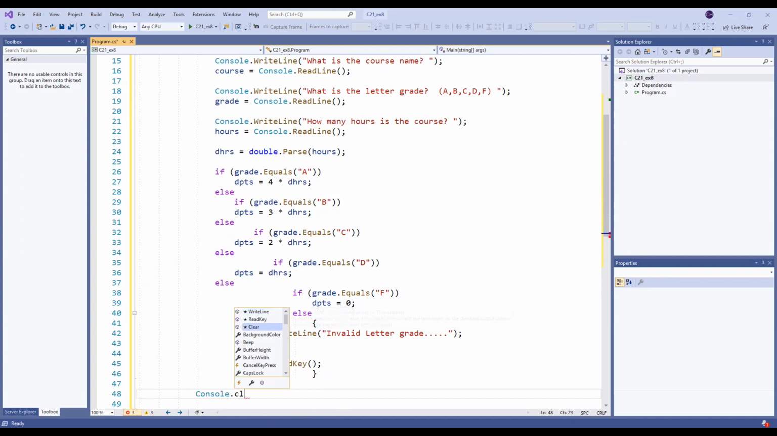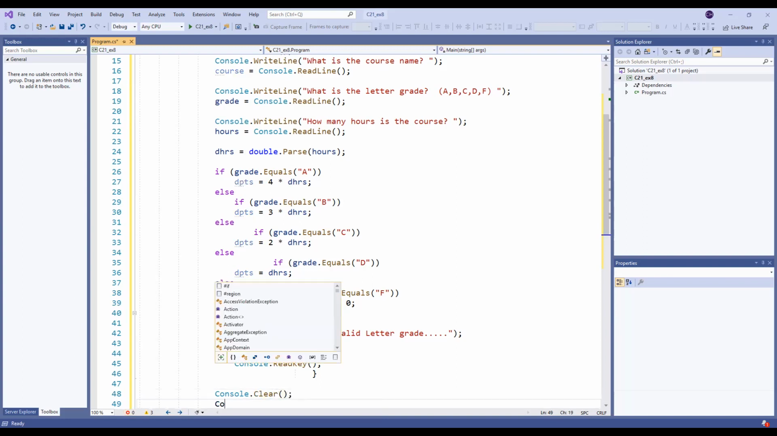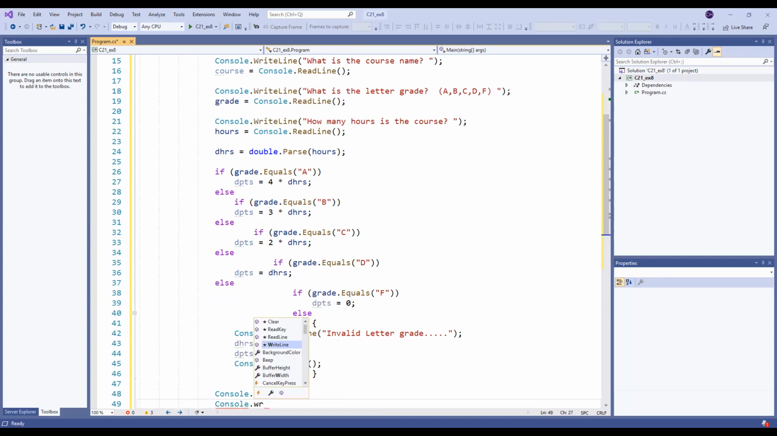I'm going to clear this out again. Okay, you with me here? I'm doing this so it will clean out all those questions and responses, right? And then I'm going to come back with the console write line. First thing I want to print out is what? Course name. Second thing I want to print out is the grade. Third thing I want to print out is the,